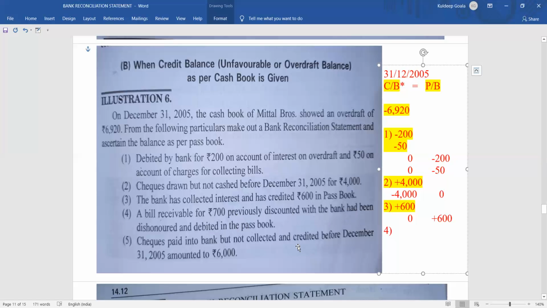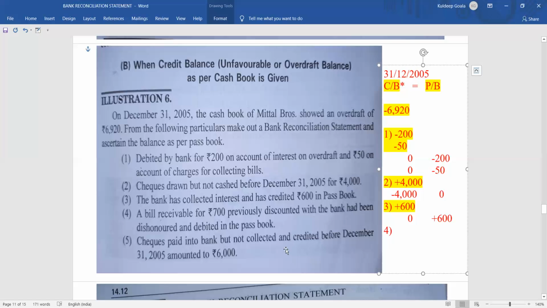Now on the due date, the person who is supposed to pay the bill money, the one who has promised that I will pay the bill money, once the person agrees to pay the bill money on time, it is said that the bill is honored, it is accepted. But if the person gives any reason and is not paying on that particular due date, the date he was supposed to pay, the bill will be taken as dishonored. The bill will be dishonored if the person is not paying the amount on the due date.